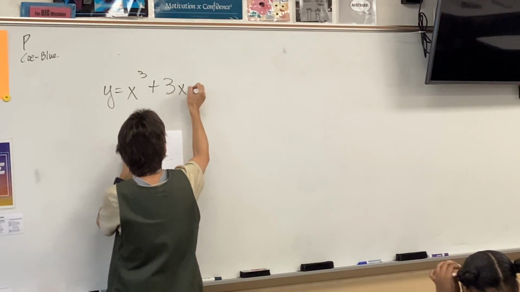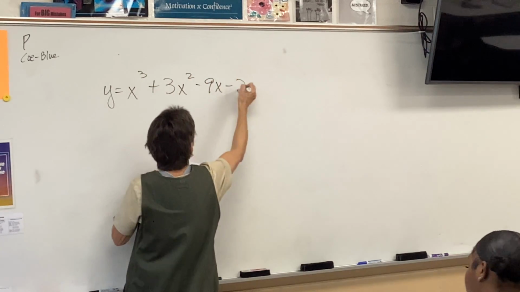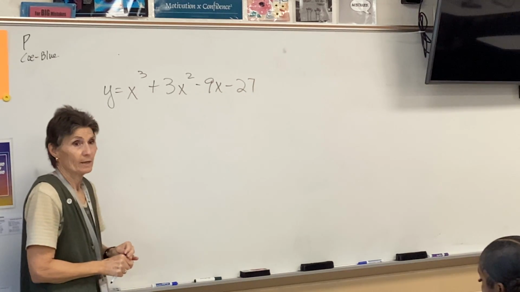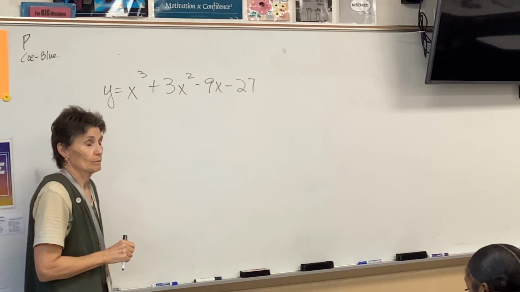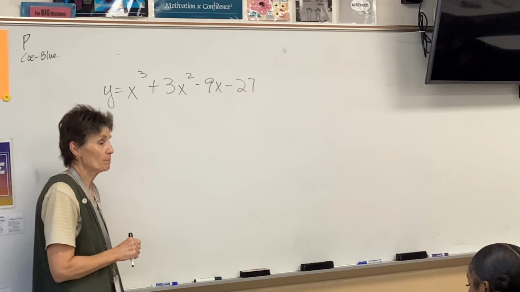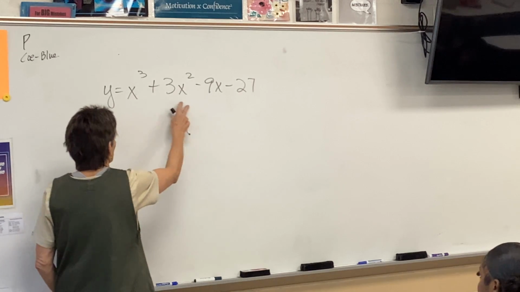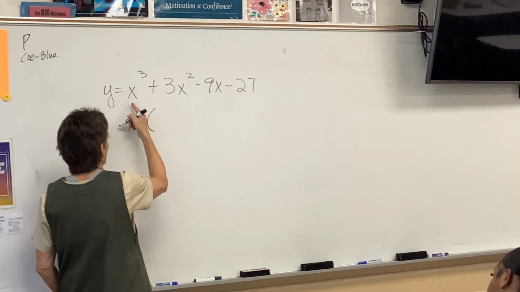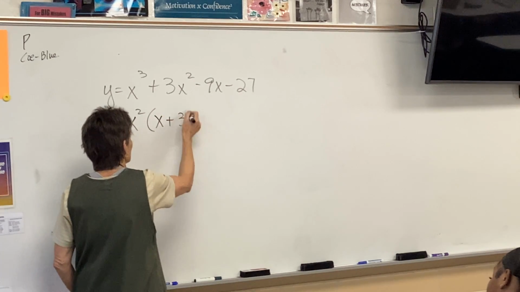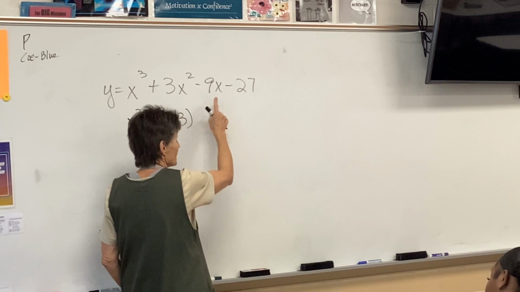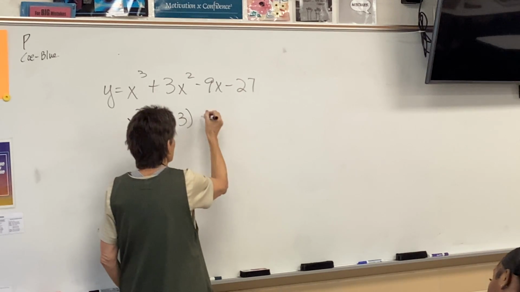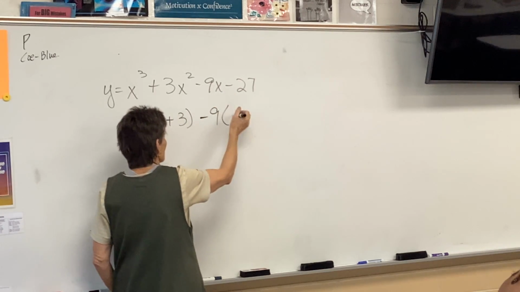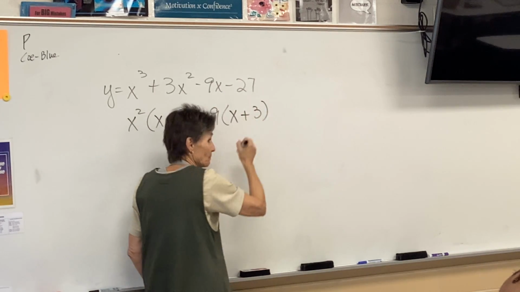This is the first one on the practice quiz. And you are going to factor it. Okay? So, can you see how this one factors by grouping? What are we going to do here? Take out an x squared, and then we will be left with x plus 3. And then we'll take out a negative 9. You took out the negative, so you're going to be left with x plus 3 again,